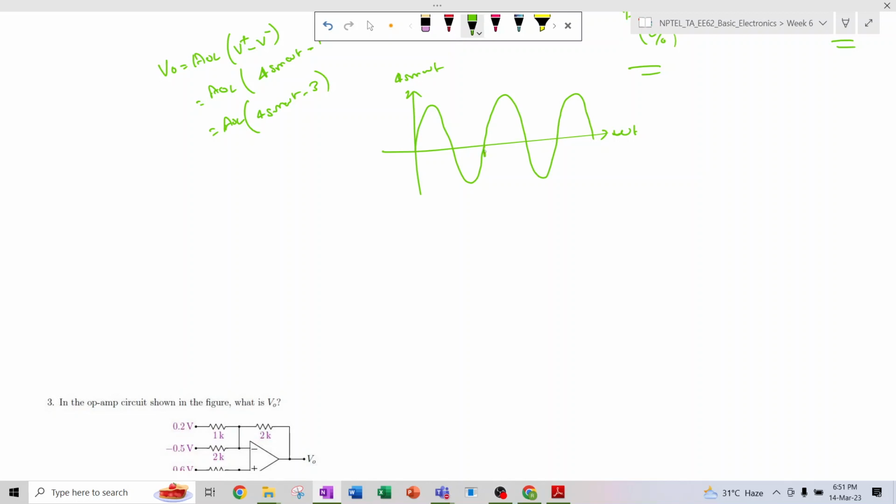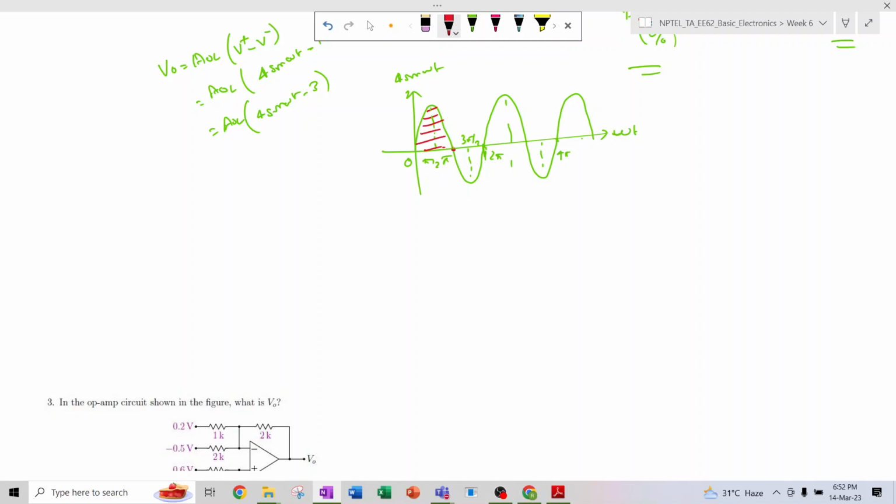It has a certain period: this is 0, this is pi by 2, this is pi, this is 3 pi by 2, and this is 2 pi. After 2 pi it repeats, so it will continue to 4 pi and so on. Here, in this signal, if it is asked what the duty cycle is,